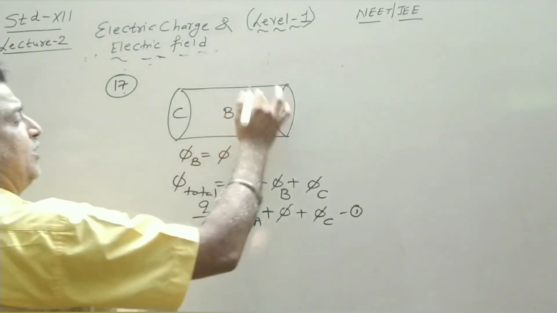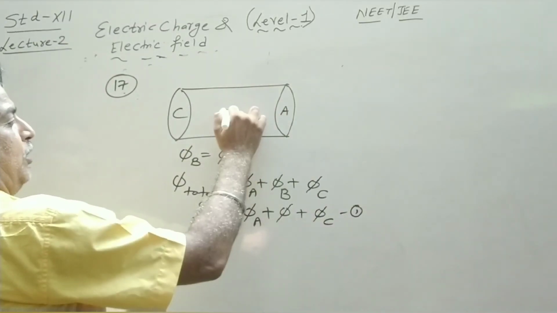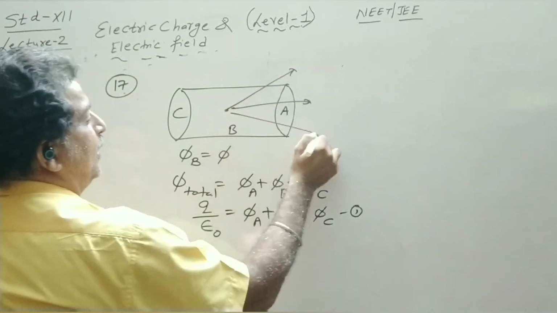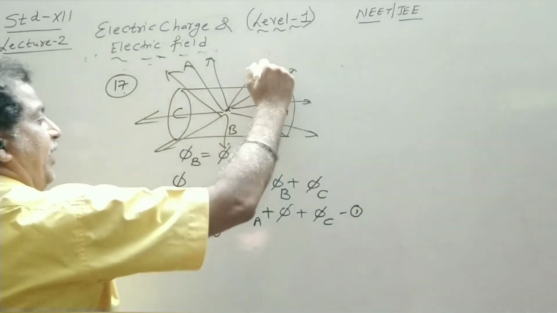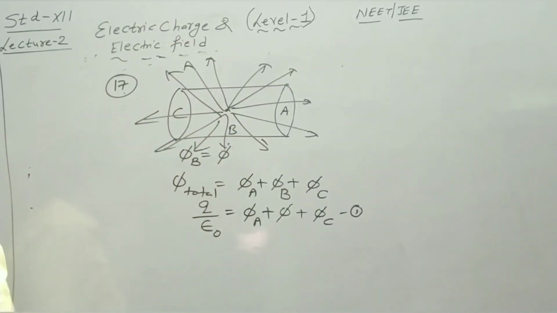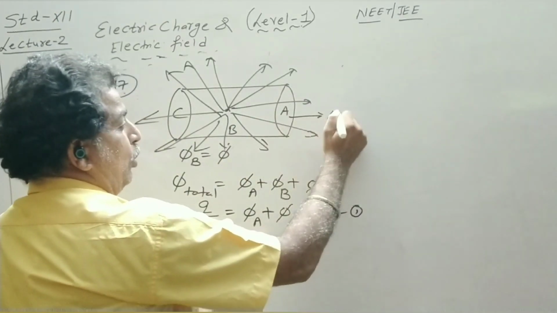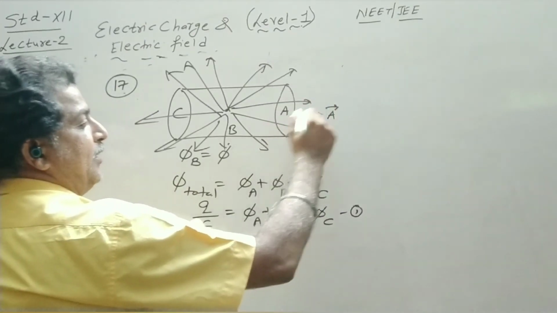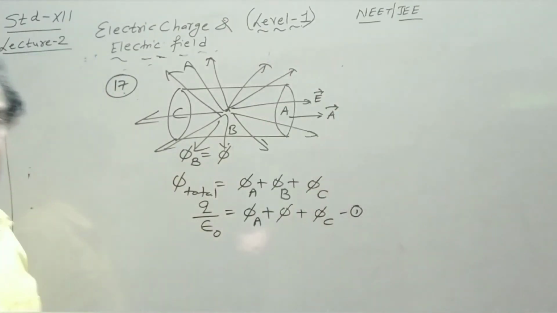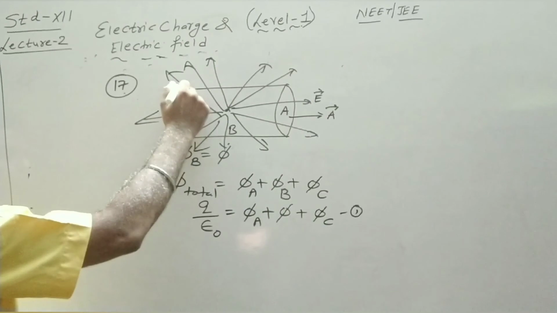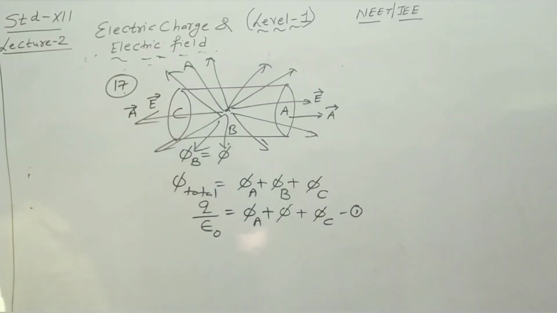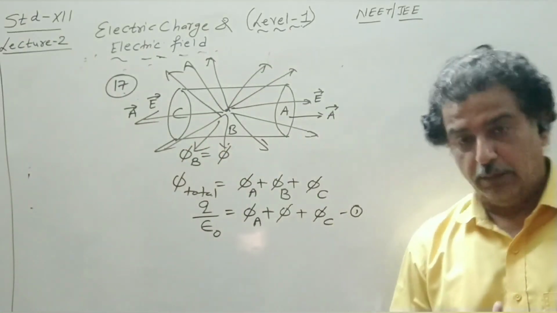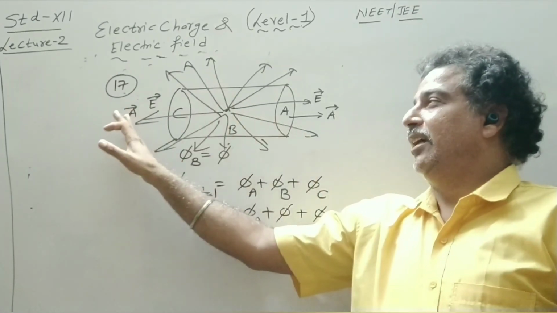Now suppose this charge is a positive charge. So the field lines will be radially outward. So this will be the directions of the field lines. Now clearly the area vector of this cross section A is along the x-axis, the field is along x-axis. So the flux comes out to be EA. Similarly for C cross section, area vector is in negative x-axis and electric field is also in the same direction. So the flux comes out to be EA.